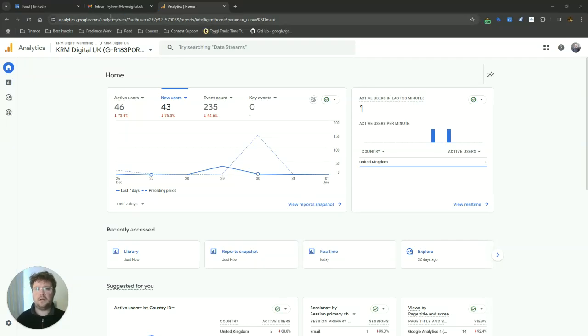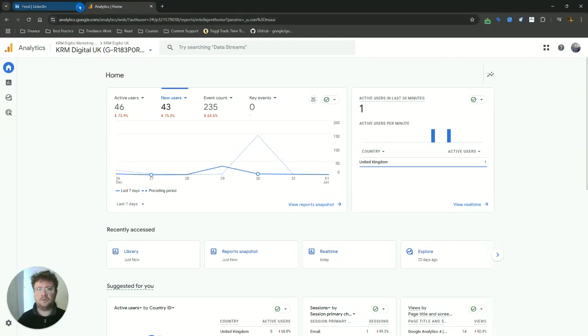So if you've got a client or somebody, maybe your boss or somebody within the wider team that's keen to learn or understand what's happening with your website, and they want to get a real snapshot of the information within Google Analytics 4, but you either don't want them to get stuck into the different reports that are available, or they just don't have the resource or the time, and they just want a snapshot of the key bits of information, then that's kind of difficult to make in Google Analytics 4, but there is